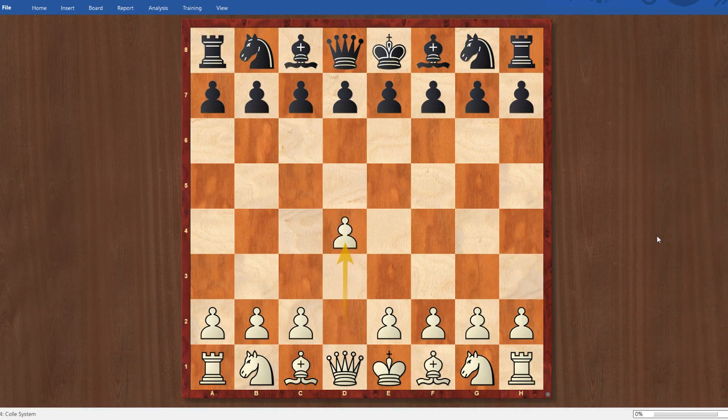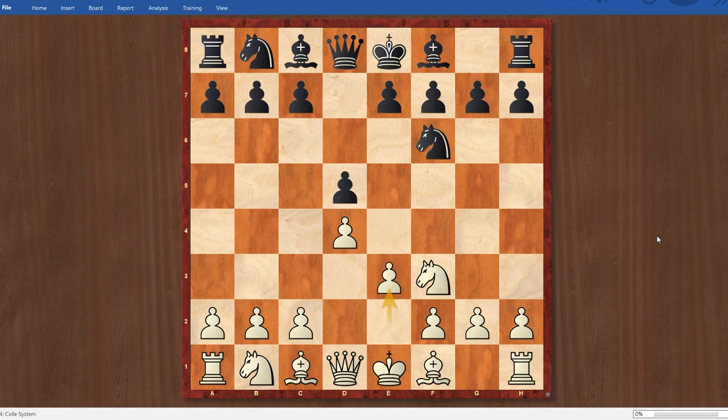Anyways, I opened with d4. Victor played d5, knight f3, knight f6, and e3. And the reason I went for this move order is I knew that Victor was a Slav player. I knew he tended to prefer Slavs or semi-Slavs. And so with this move e3, I was trying to get some intel on what line of the Slav he